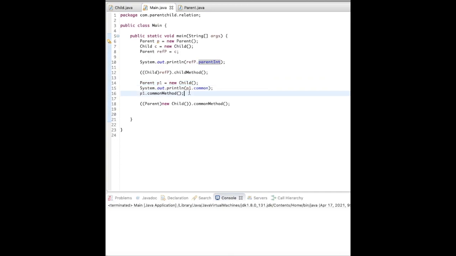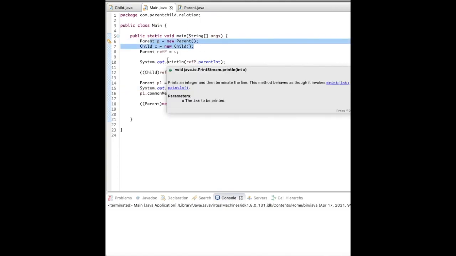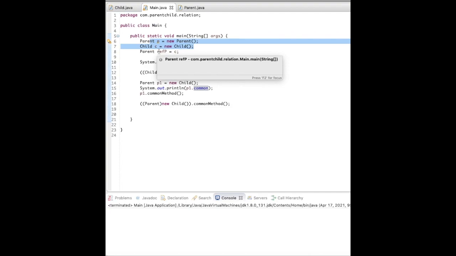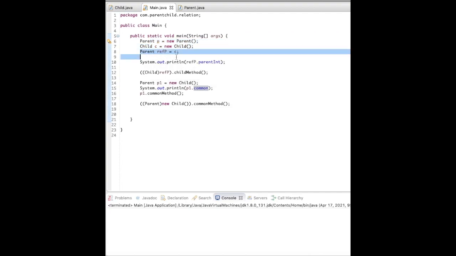Now I am doing p1 dot common. Basically, we are not directly calling p dot parent method. What we are doing is assigning the child instance to p, and then calling parent int. Similarly calling the child method. The same thing is happening here.